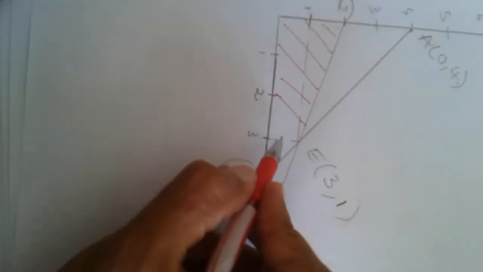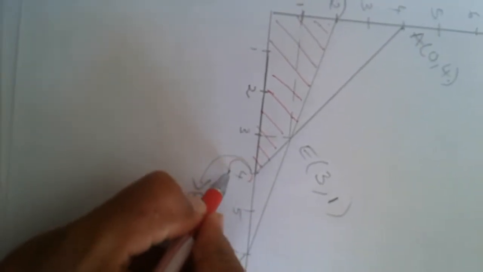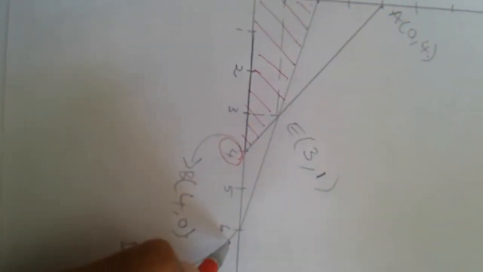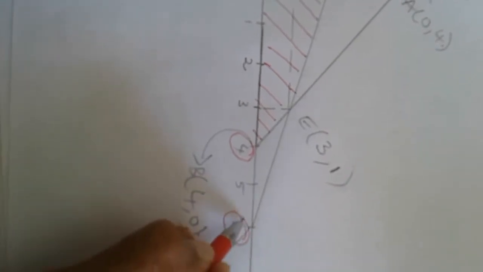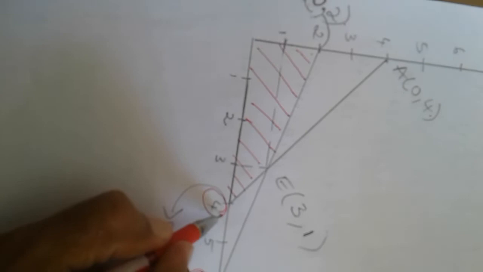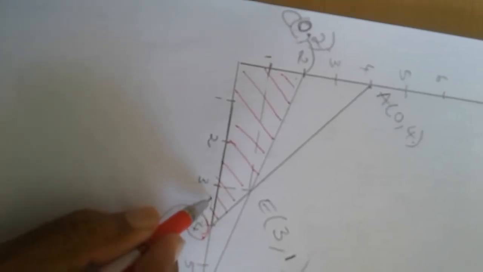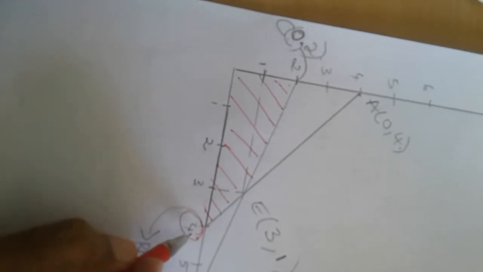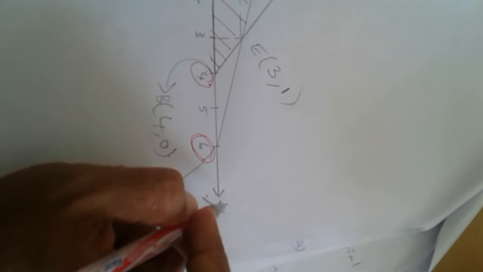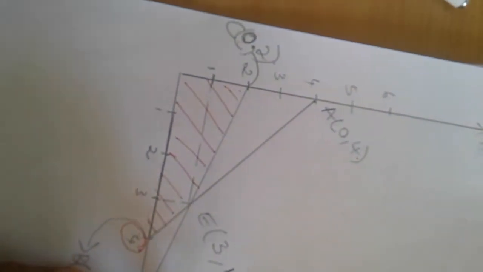Now similar is the case with product A. One point is 4 and another point is 6, so we can say that the company cannot manufacture more than 4 units of product A. Just remember that we are considering product A on the x axis and product B on the y axis. So this is the required area now.